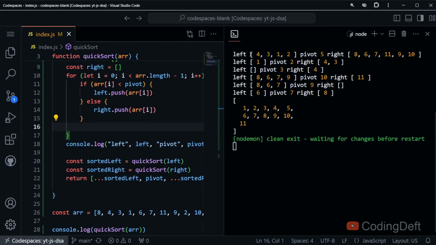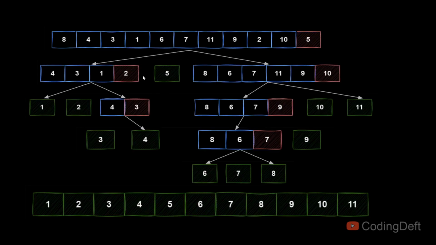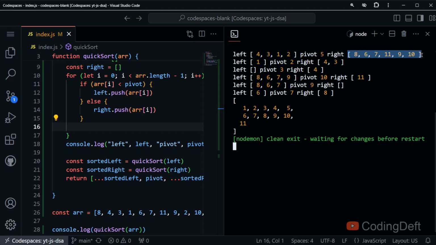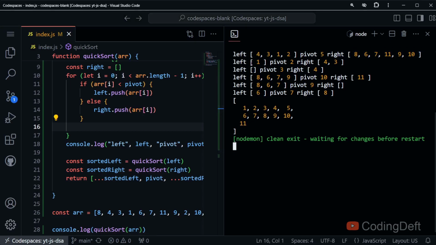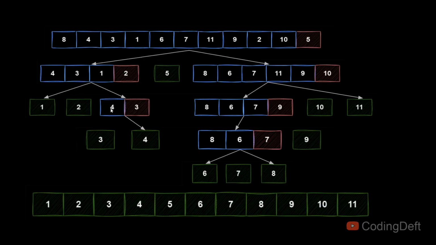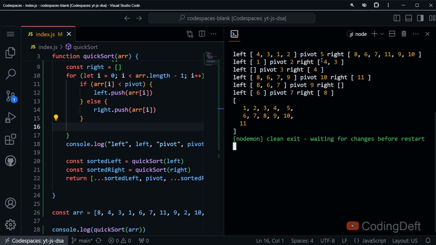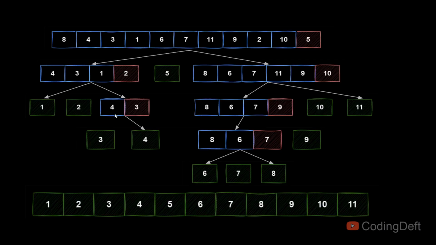As you can see here, the left is 4, 3, 1, 2, which is here, and 5 is the pivot, and the right is 8, 6, 7, 11, 9, 10. Now it will go to quicksort of this. So it will be 1, 2 is the pivot, and 4, 3. In the last step here, there will not be anything in the left, then 3 is the pivot and